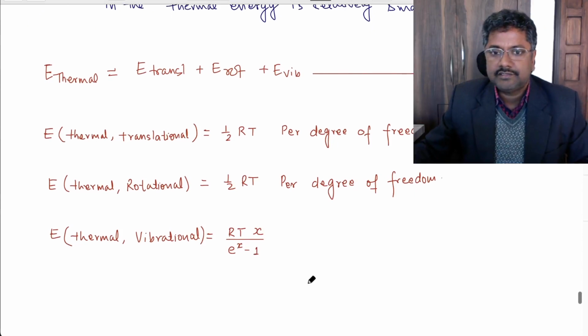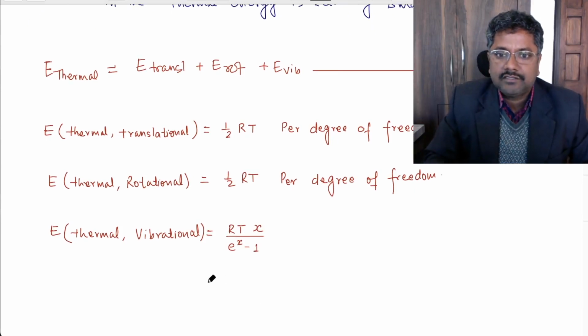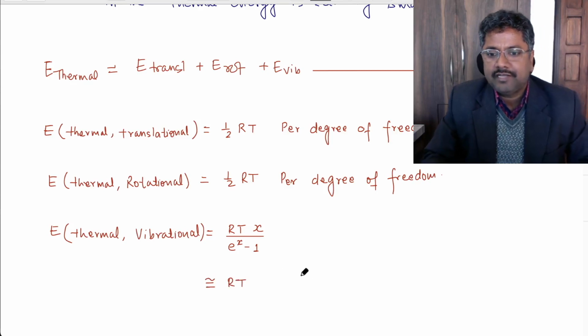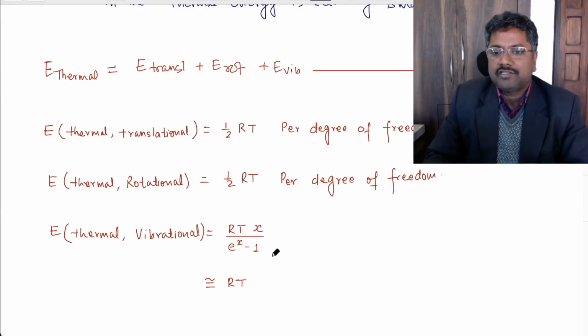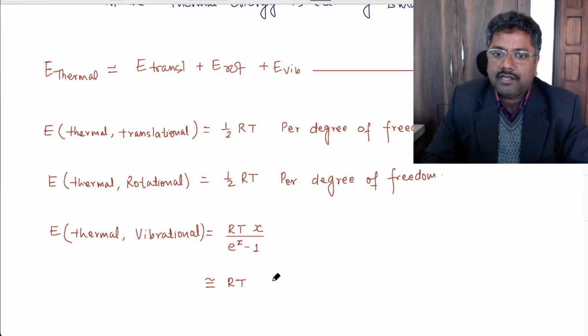And this you can write is equivalent to RT. For simplicity, I am taking this because this term x by e to the power x minus 1 is a very small value, right? RT per degree of freedom,